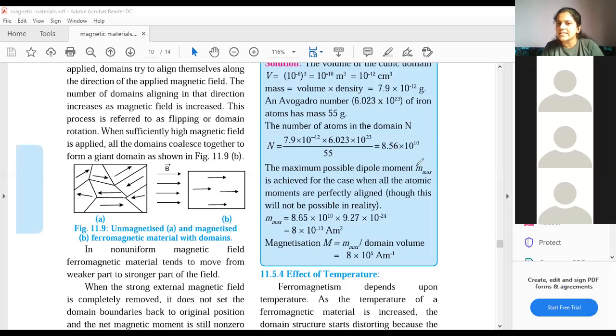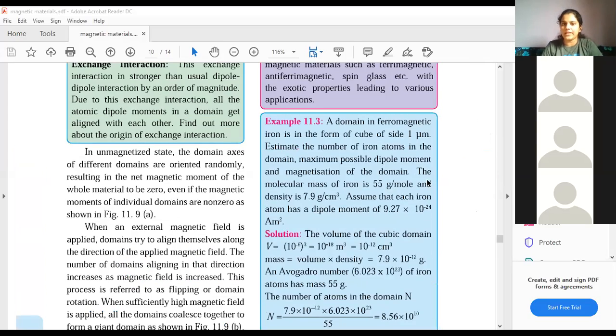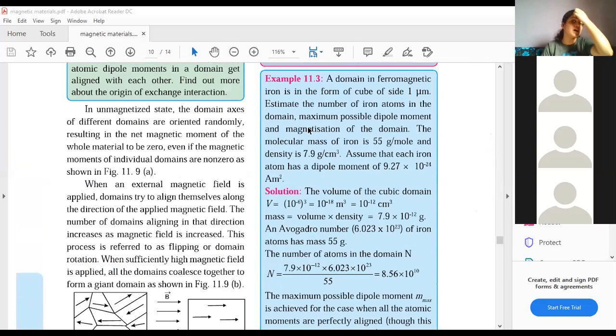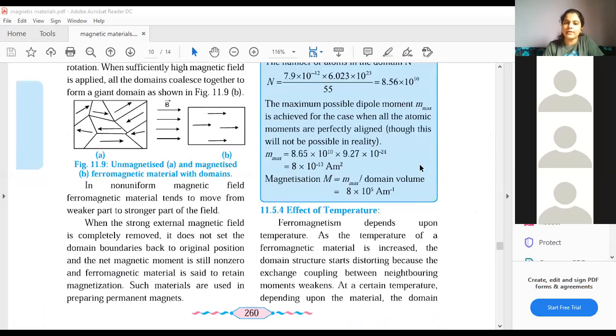Okay, the unit is very simple, students. See, small n's unit is ampere meter square, right? Per volume ka unit is meter cube. So it will be cancelled out. So ampere per meter is the unit for magnetization. Please see to it that you write units whenever you are solving a numerical. So this is this numerical. Please star mark it and keep it. Okay. And everyone, please let me know if you have understood this numerical.